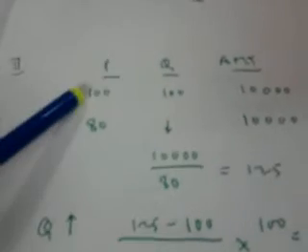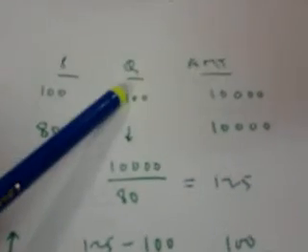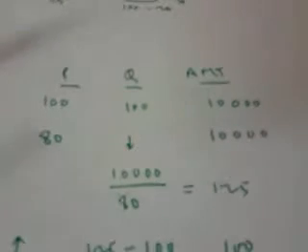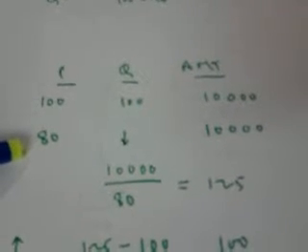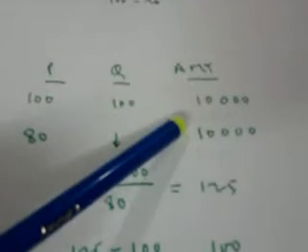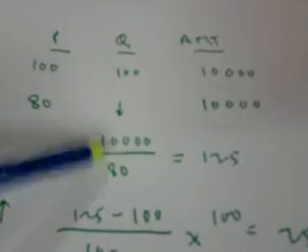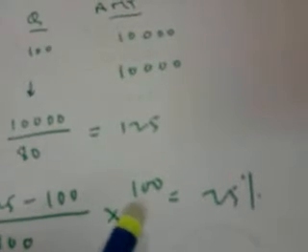Same thing can be done using what I just explained. Assuming the price is 100 per unit, units consumed is 100, total amount spent is 10,000. Price goes down by 20%, becomes 80 rupees. Amount spent remains constant at 10,000. Number of units I can consume is 10,000 divided by price, 125 units. So the increase in the quantity consumed will be 125 minus 100 by 100 into 100, 25%, or simply 125 minus 100, that's 25%. Again, the cynics will say, why should I adopt this cumbersome procedure? Let's look at another example.